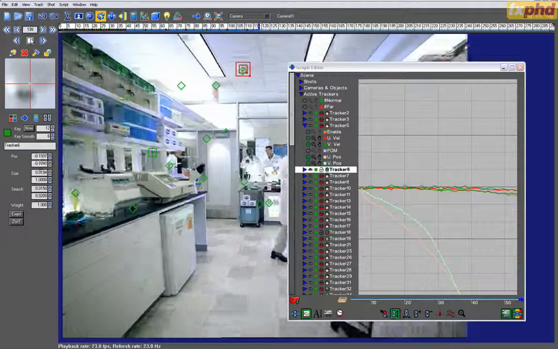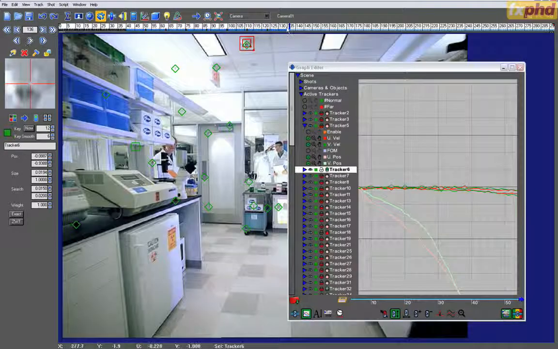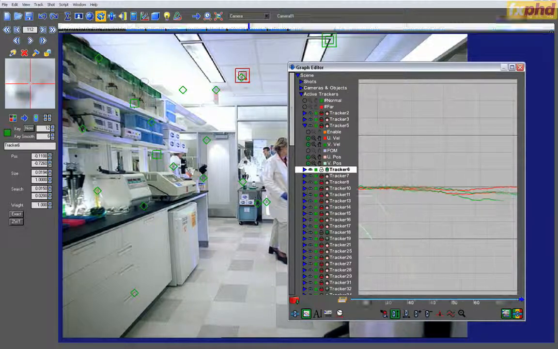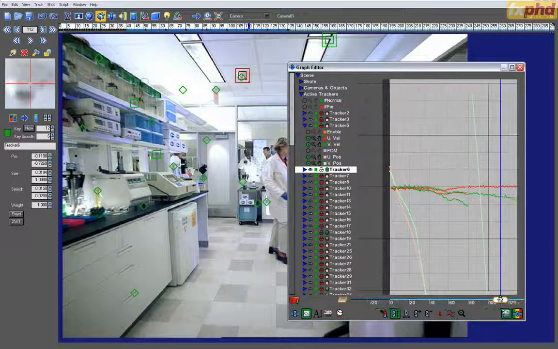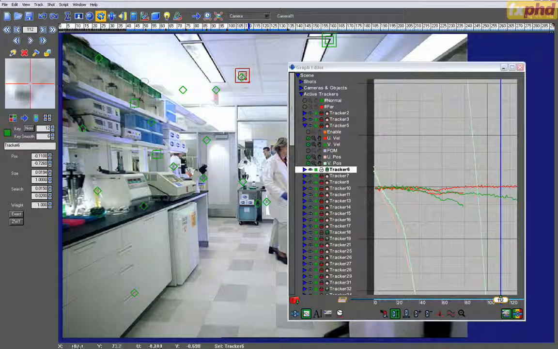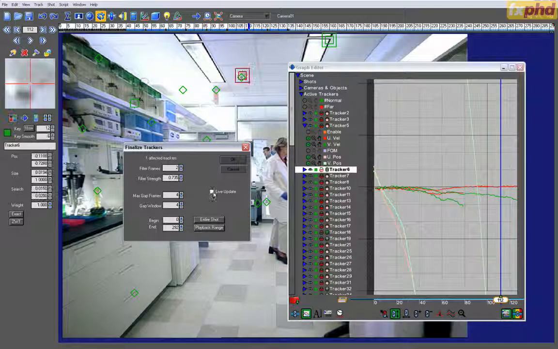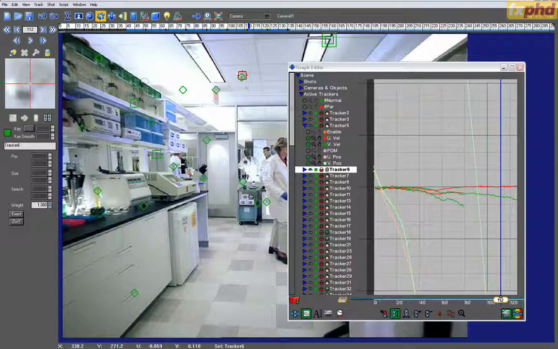And you can see we get a significantly larger number of frames by doing this. It's still a little bit noisy, so we'll go ahead and clean that up a little bit. We'll select the Finalize tool, and you can click the live update to see the preview before you actually apply it. And we'll go ahead and click